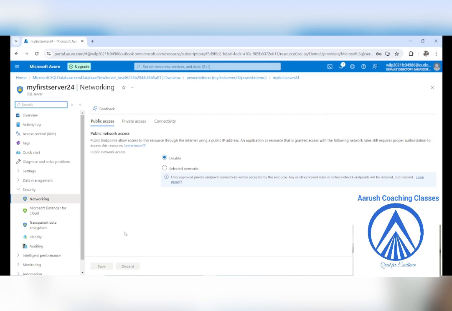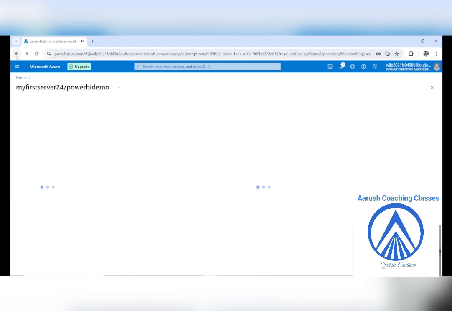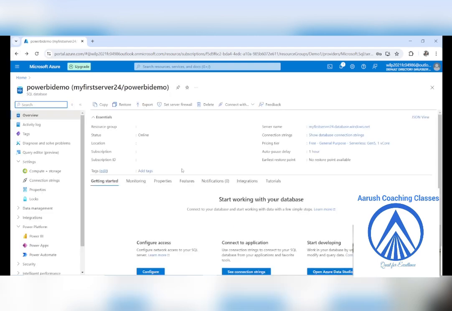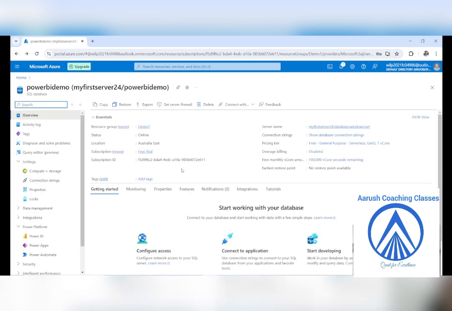Okay, so compute plus storage, we have done this. We have applied it also. Now SQL database, right? Okay, let me come back on this step again. Okay, so this is done.